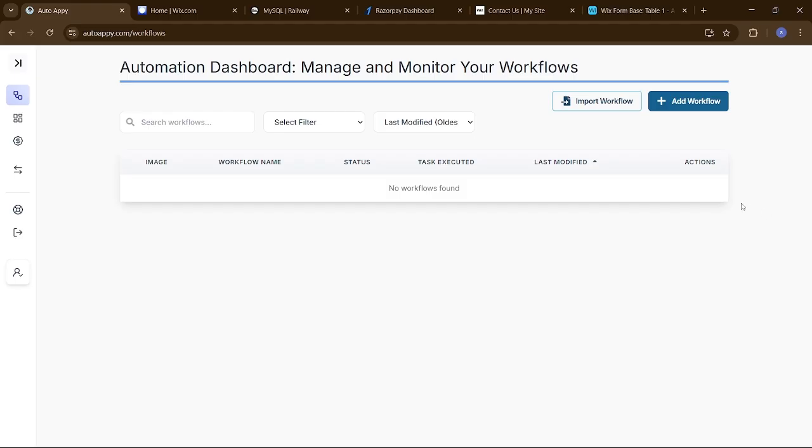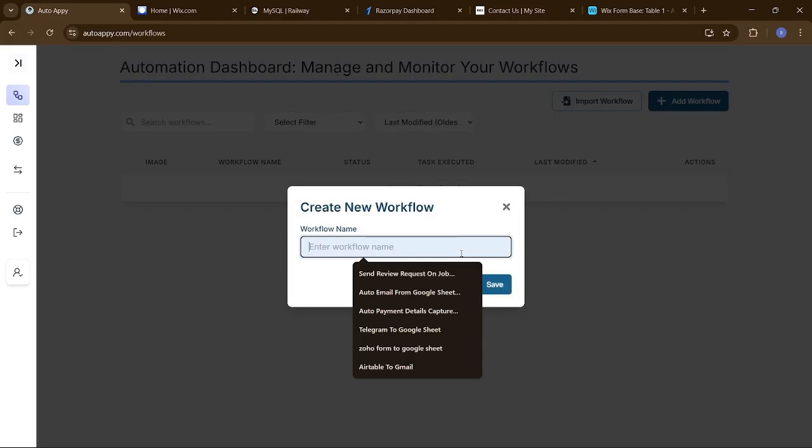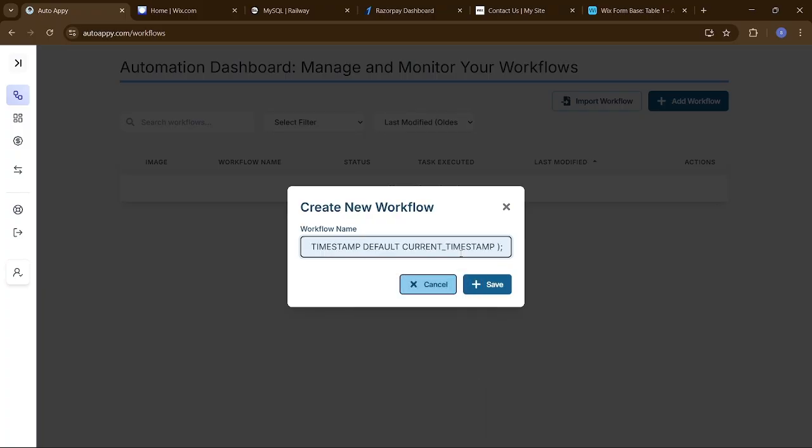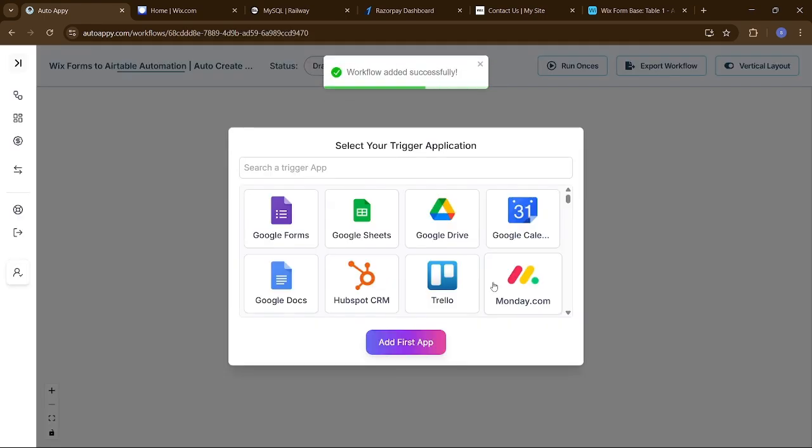So this is the automation dashboard where we can manage and monitor our workflows. Let's create today's workflow. For that we have to go to add workflow and we will give it a name as Wix Forms to Airtable automation, that is creating rows into Airtable automatically upon filling Wix Forms. So let's just say save, and this will open up this kind of an